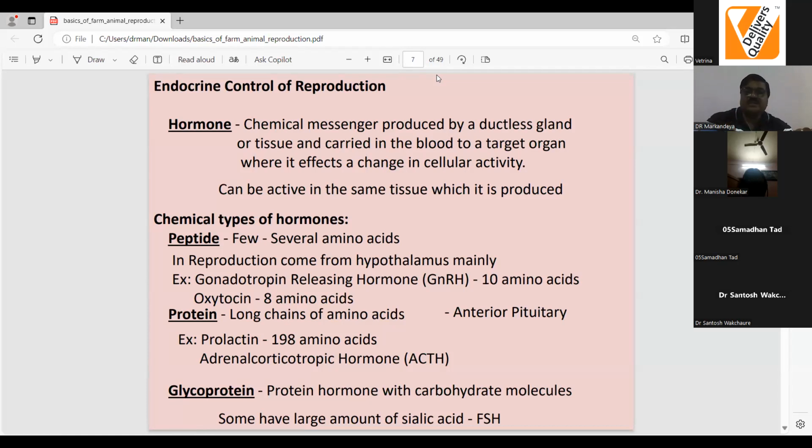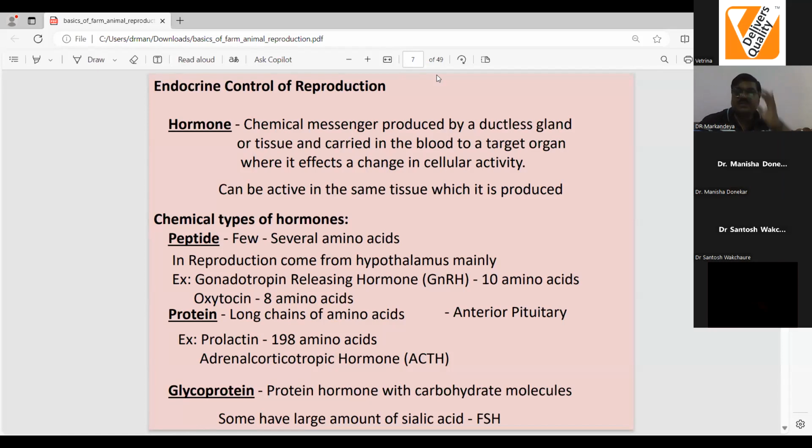Peptide hormones, protein hormones, glycoprotein hormones, these are all the characteristics of the anterior pituitary. So please remember that the anterior pituitary has an important role as far as these protein hormones are concerned. And whenever we use FSH-like hormone or LH-like hormone from the market, these are protein hormones, and their repeated use will lead to formation of antibodies against these hormones. And therefore, chemical messengers are most important.